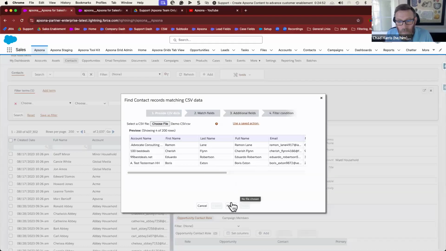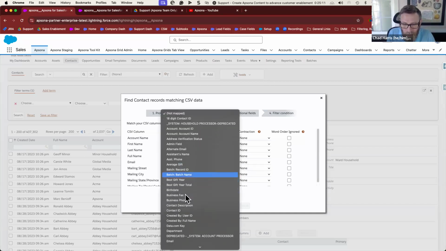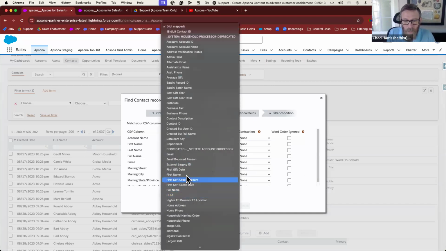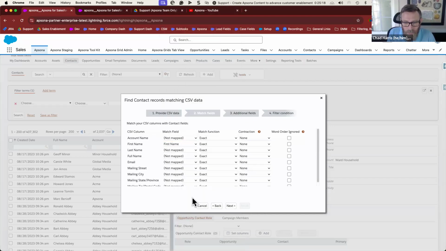Okay, and then if you're familiar with our dedupe tool, you'll start to see some things that are familiar here. We have the ability to say which fields we want to use to find the record in Salesforce. So there's a lot of functionality here in how you match it and all that. That comes with our dedupe tool. I'm going to keep it real simple today. I'm just going to do first name, last name, and email. So we'll say first name, whoops, and then last name